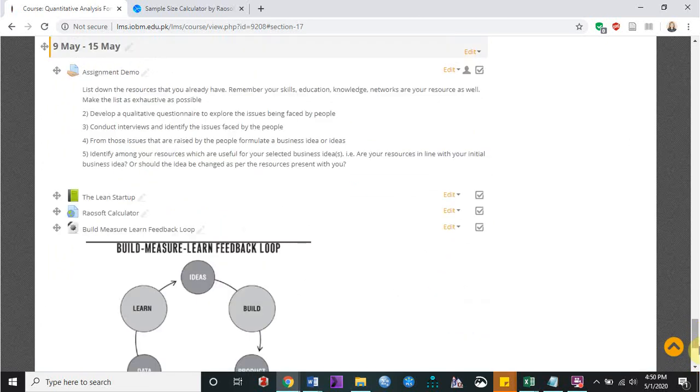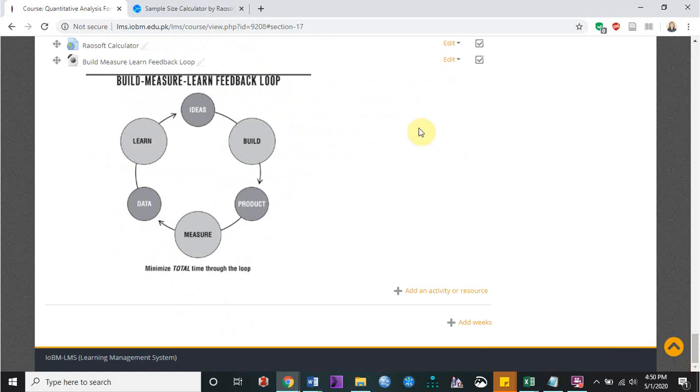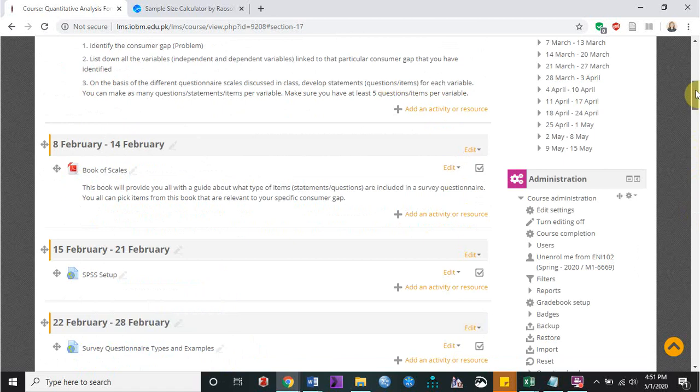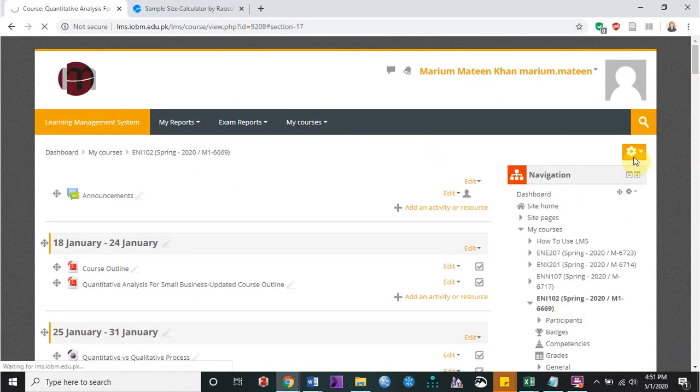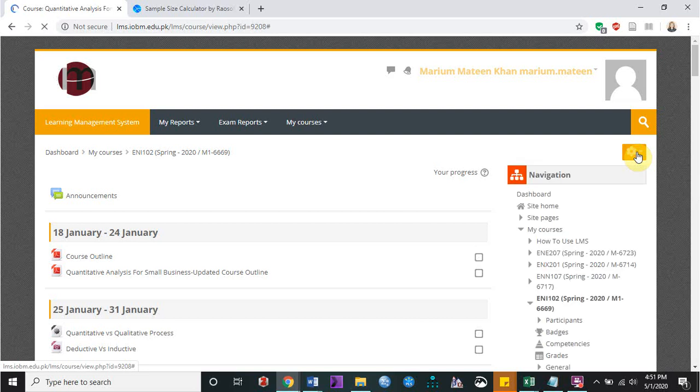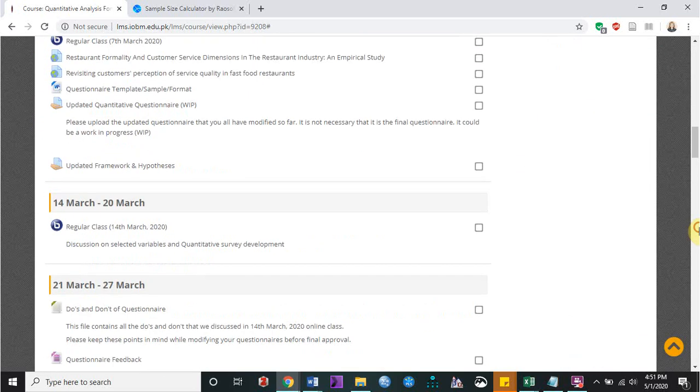Now your picture is also appearing in your week wise slot. After you are done with all the data filling, you can go up, turn off your editing option. This is it.